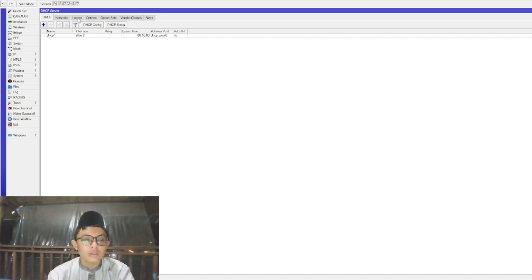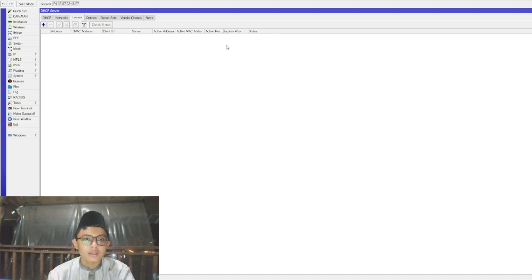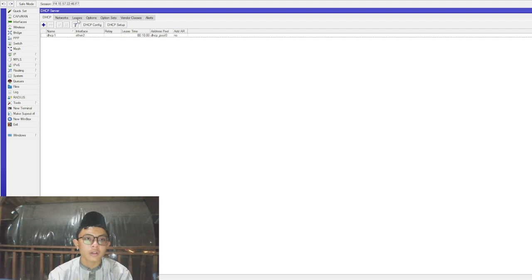And you can look into the leases list. I think there are no leases, which means there is no client that has connected to this DHCP server yet.